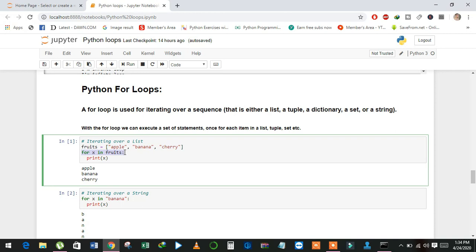With the help of in, we can check whether the element that is stored in variable x is present in the fruits list, then print the element. And see here, this x is a variable that is used to store the first element in the first iteration and then the second in the second iteration and so on. And see here the result.